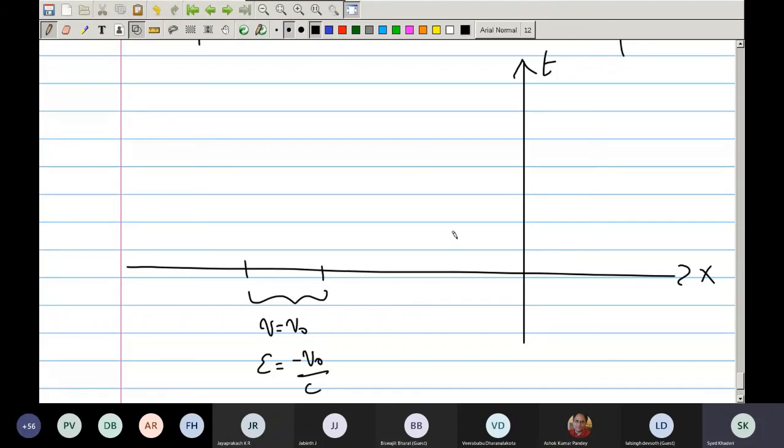And on this line, let us say it's going to be a free boundary, stress-free boundary. So on this, let's say this is the end of the rod, this is going to be x equal to L, x equal to 0 somewhere there. So on this x equal to L, my strain will vanish, because the free boundary, stress has to be 0, so strain has to be 0, no other option. Okay, so now what happens?